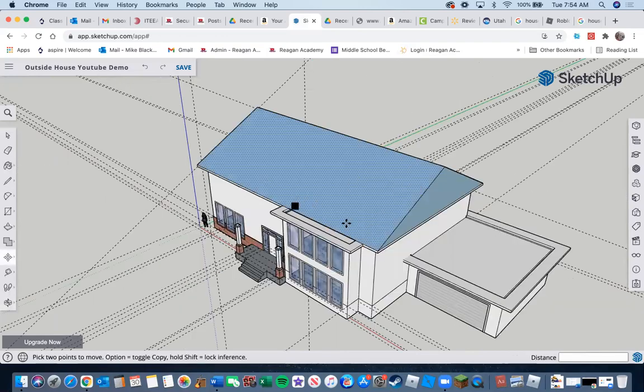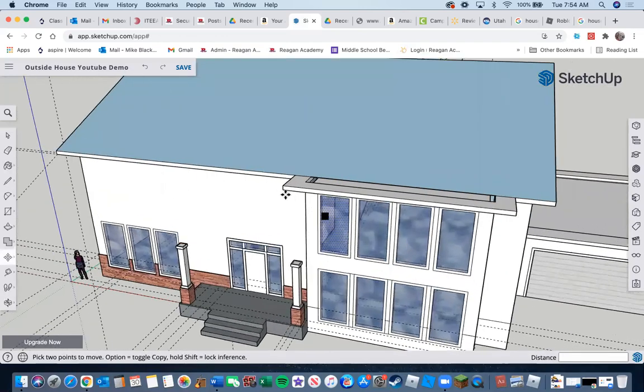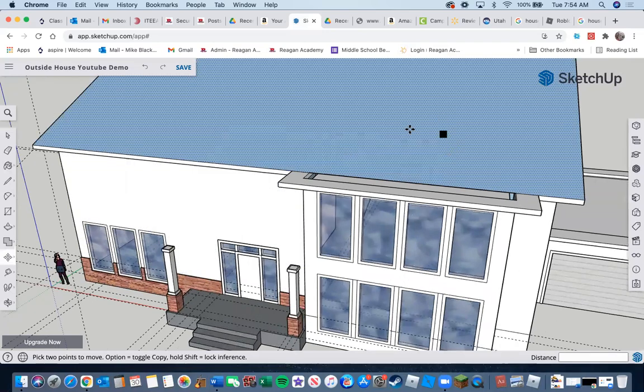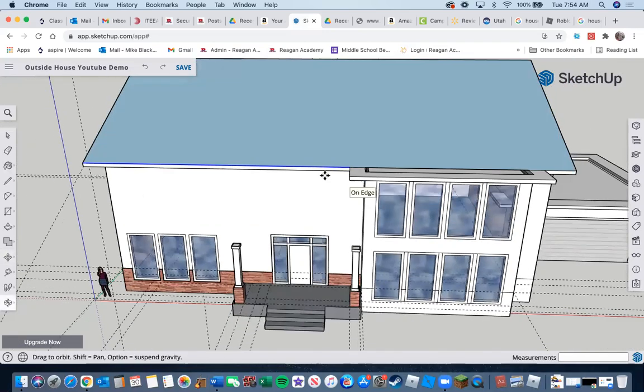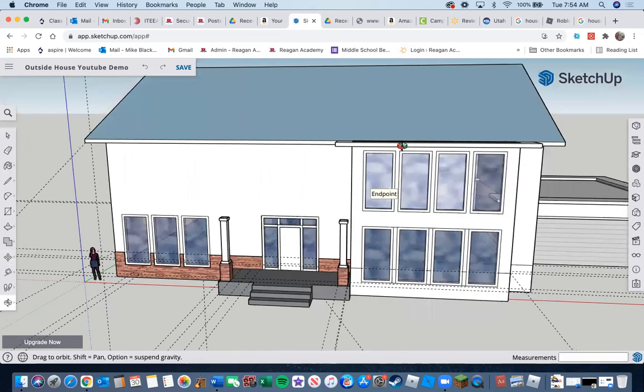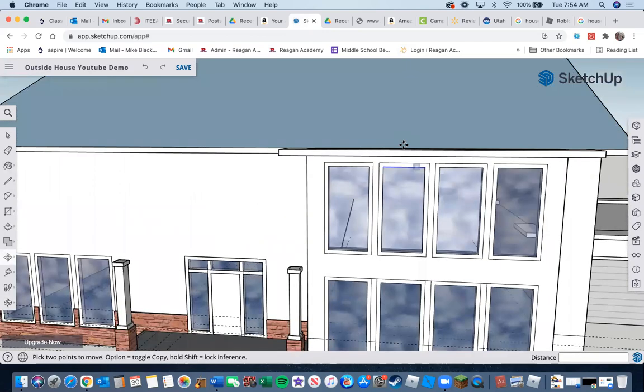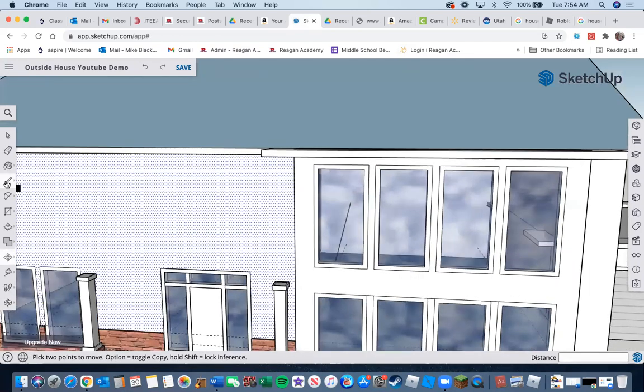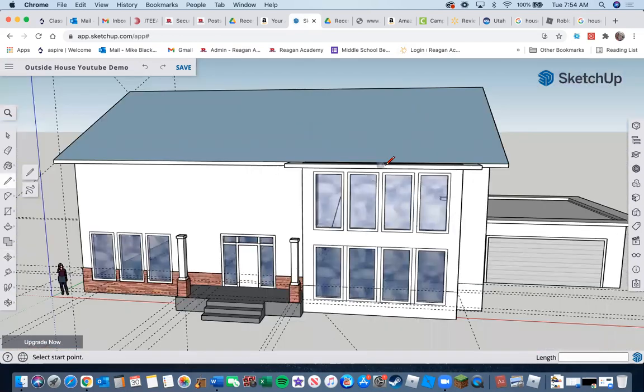All right, now the next section I'm going to do is I'm going to make a roof that goes here and pushes into the side of this roof. It gives it a little variety, makes it look nice. So again, I'm going to do the same thing. I've got my trim pulled up to 6 inches. I'm going to get my pencil tool or my line tool, and I'm going to find the midpoint and draw